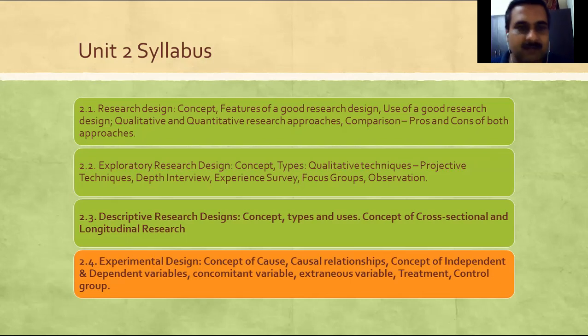We have already covered internal validity, external validity, and the factors which influence internal and external validity, apart from some basic terminologies like dependent variable and independent variable. So if you are not aware of these basic terminologies, please go through the previous lecture videos. It will give you a clear picture. And after completing those videos, you can come to this experimental research design video. In this, we are going to cover some basic terminologies and words which are regularly used in dealing with experimental research design. So let's move further.